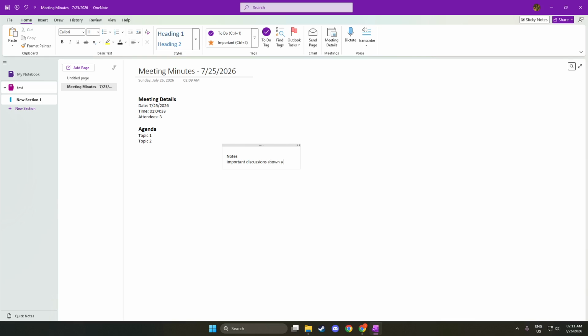Following the notes section, we will add the decisions section. Here you will list all decisions made during the meeting. This is crucial for accountability and tracking progress on various issues. Decisions often drive the direction of future meetings and actions. A clear record of these choices helps everyone remain aligned on agreements made.